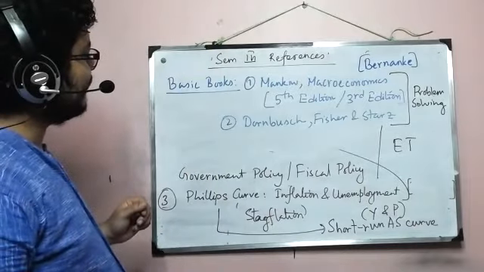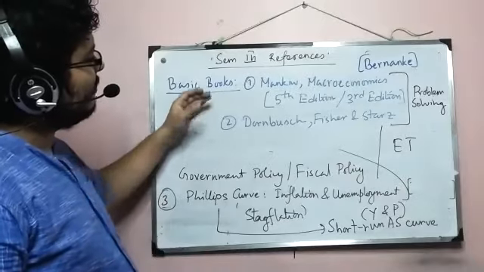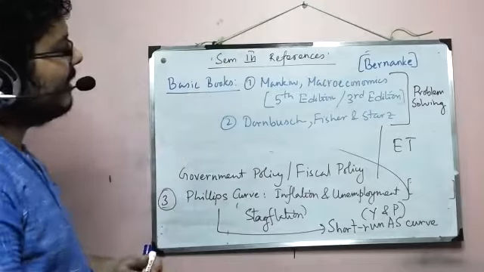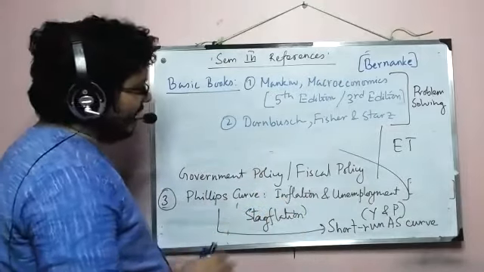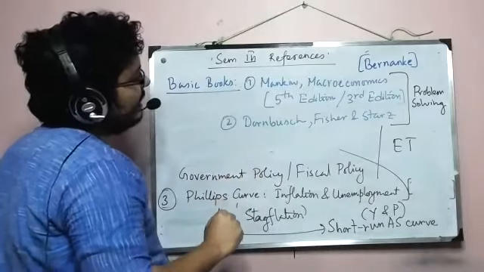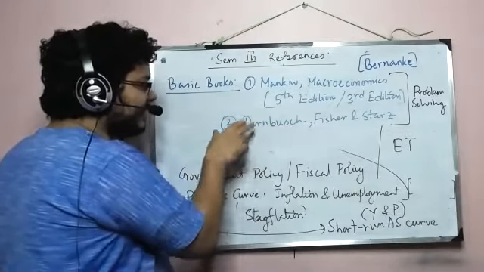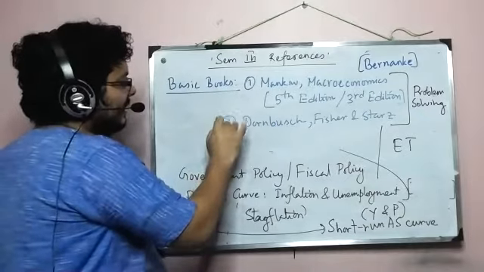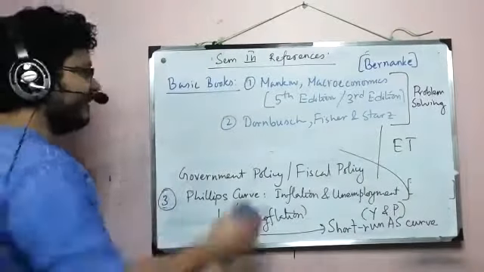And as I said always, I will suggest to read Freund always. And while problem solving, you can look back at some of the sections of these books. Now, the use of basic books remains the same. If you find Freund to be hard, you return. And in that case, I will say that first go to Dornbusch, because it's a bit difficult than Mankiw, and that's where it wins actually. And there is always Mankiw. Mankiw's book is always there. If you find it difficult, just go through it.